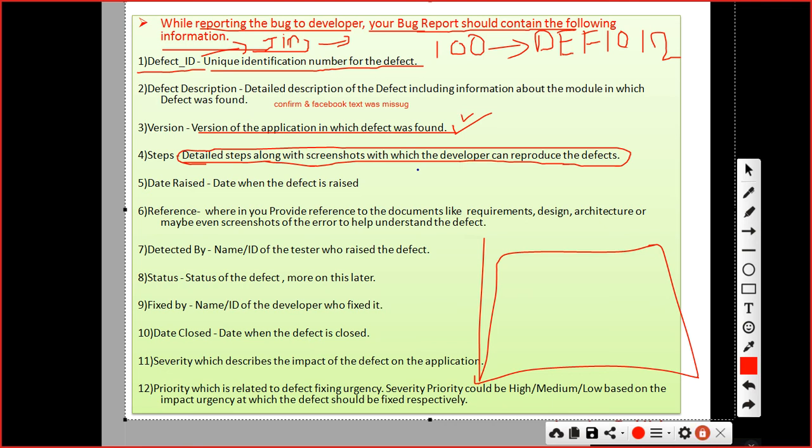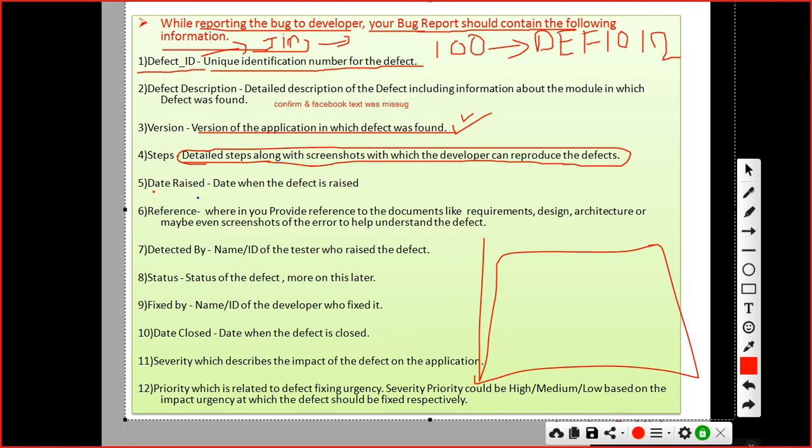You can write step by step: this is the actual, this is the expected, this field is missing, or this logic is not working as per expected. Give clear information to the developer, and take the screenshot also, right?